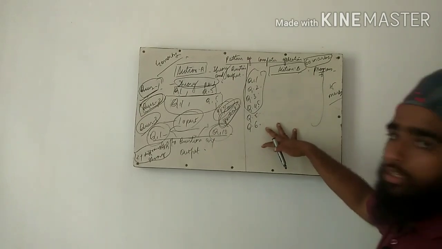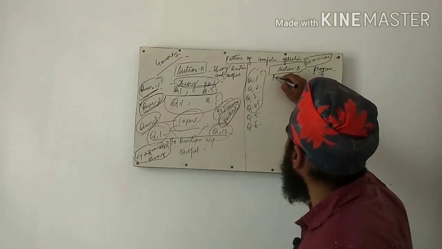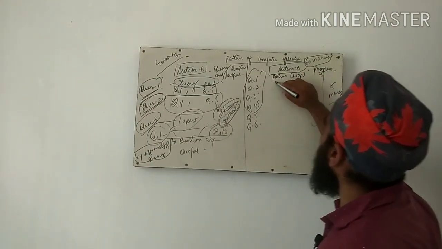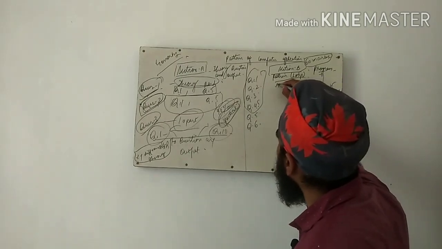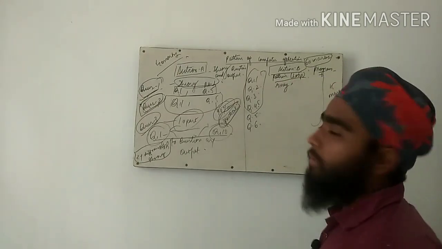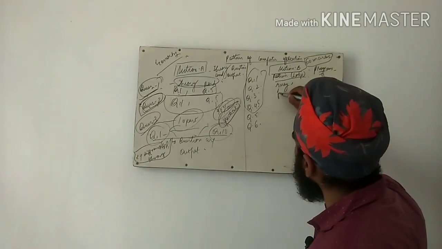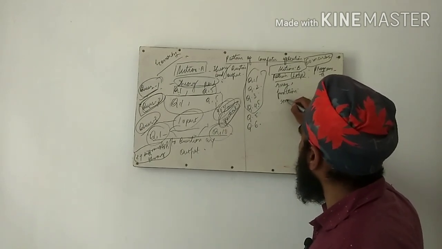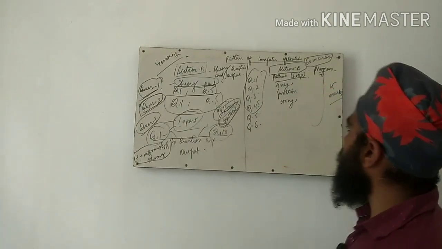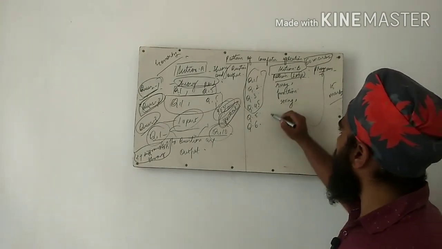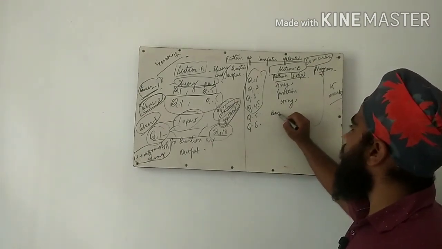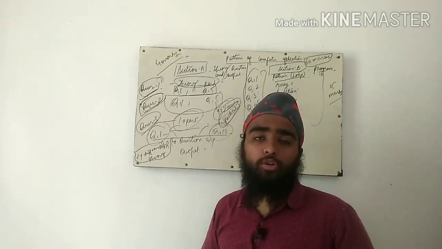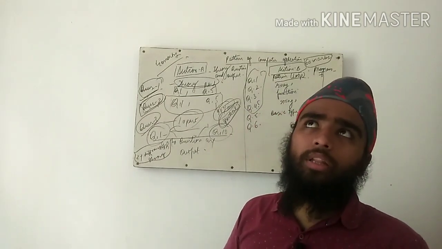In this, one question is from pattern, or we can say one question is from loop. One question is from array. One question is from function, one question is from string, one question is basic type. We can say basic type: the programs which you learn in the starting in chapter 1, I think unit 6.